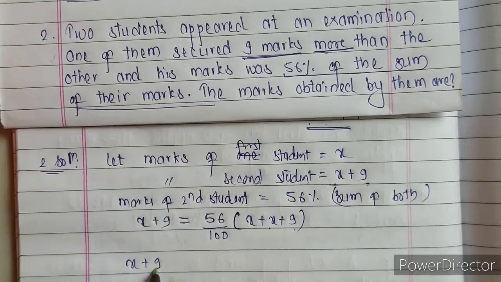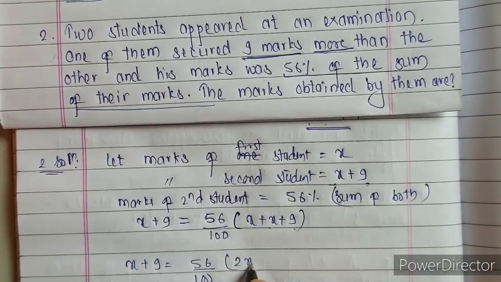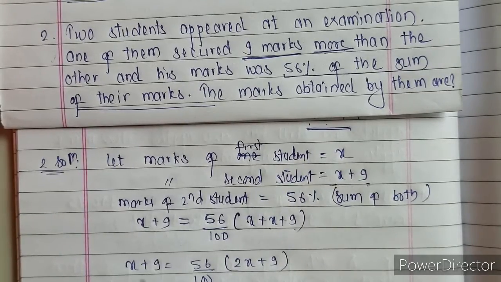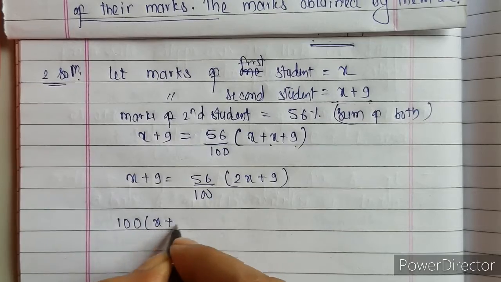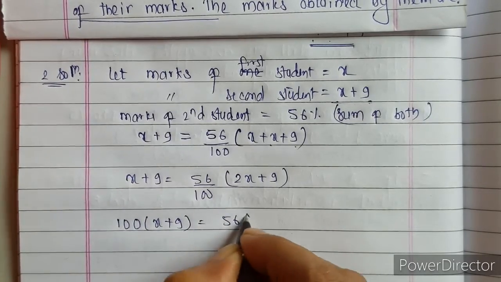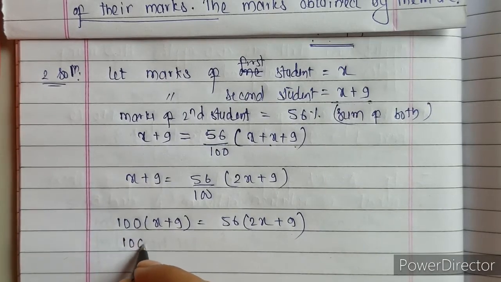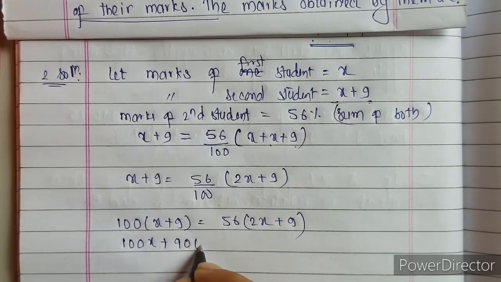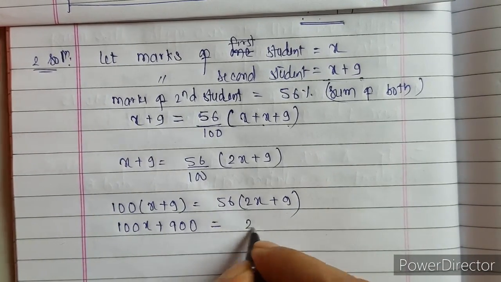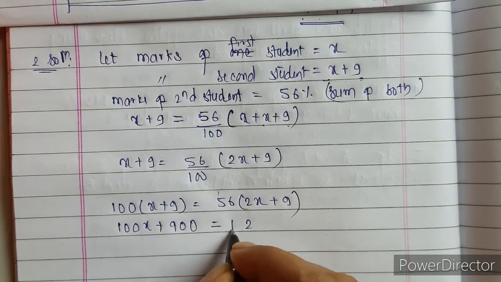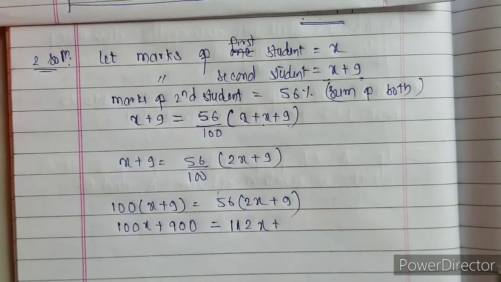Now we just have to simplify this. This will be 56 by 100 and we can write this as 2x plus 9. Now just cross multiply this. So this is going to be 100 times x plus 9, which is equal to 56 times 2x plus 9. Multiply this, 100x plus 9 into 100, 900, which is equal to 56 into 2, 112x plus 56 into 9,